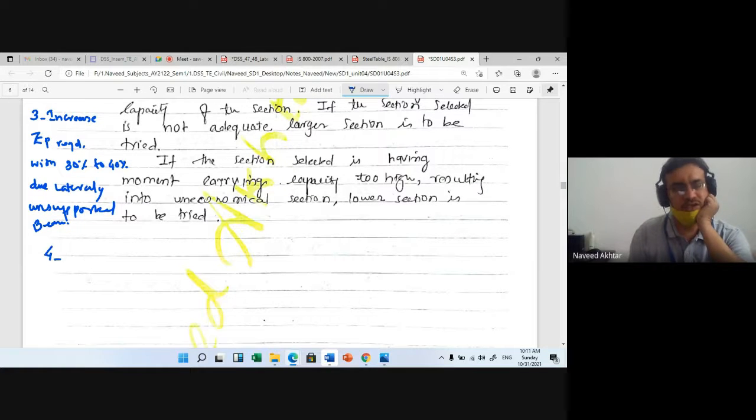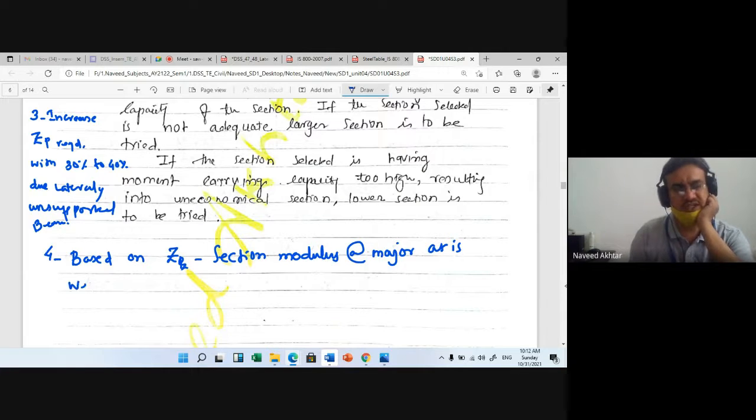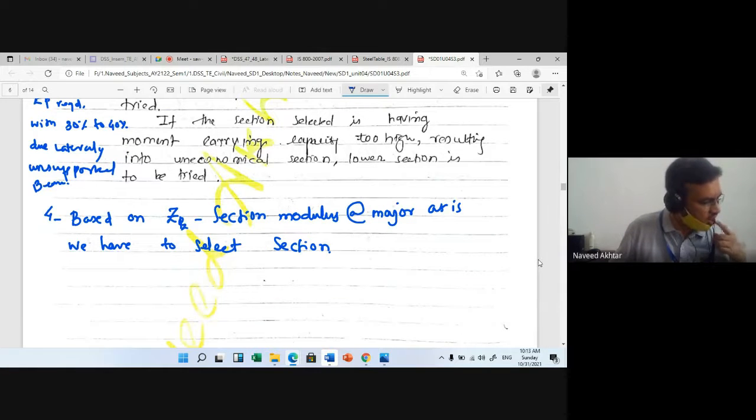Then, based on the Zp, that is Zpz, the section modulus about the major axis, we have to select the section. After selecting the section,